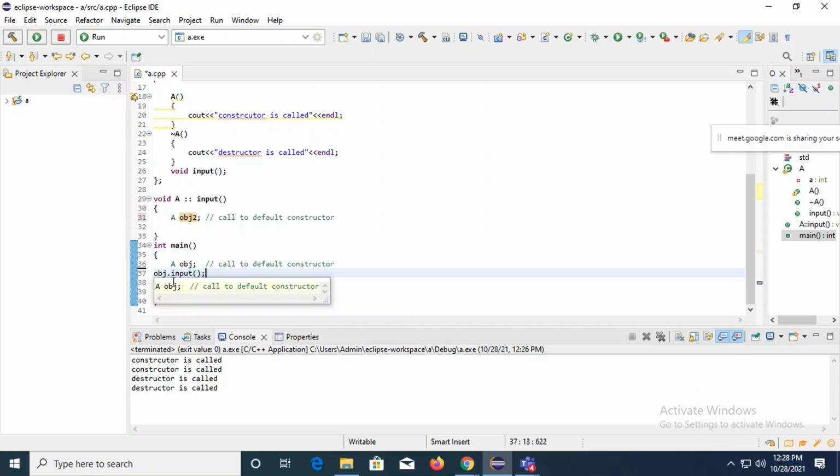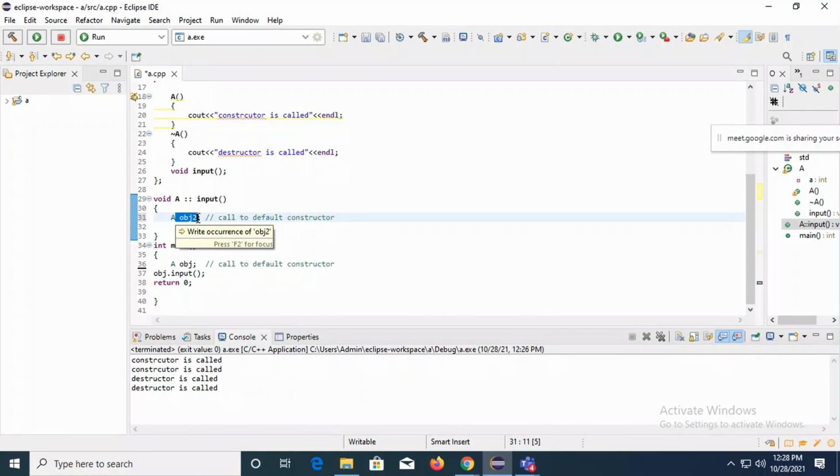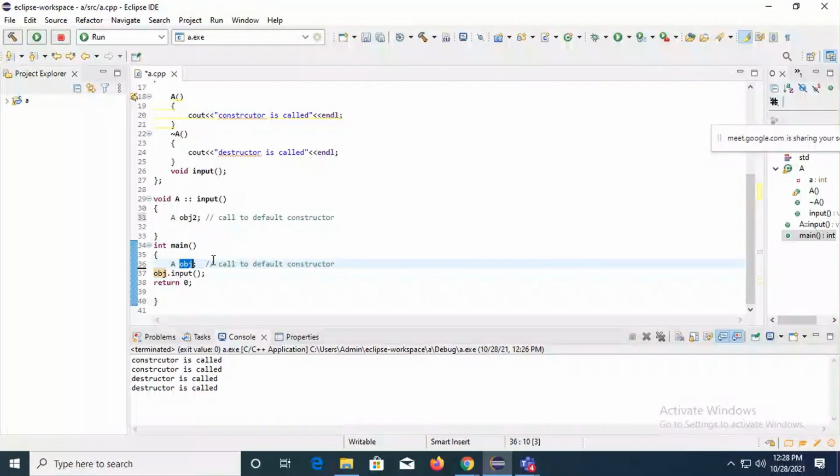Is it okay? So for which object was the memory allocated second? This is for OBJ2. So the destructor will first get called for OBJ2, and then the destructor will get called for OBJ. The sequence of giving the constructor call is exactly opposite for the destructor call.